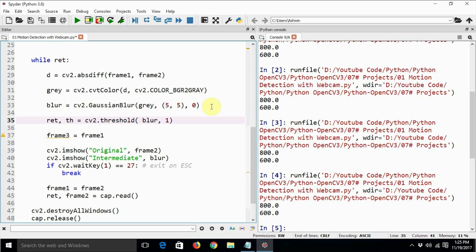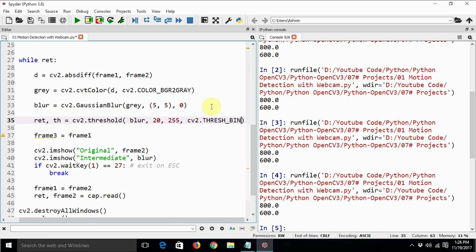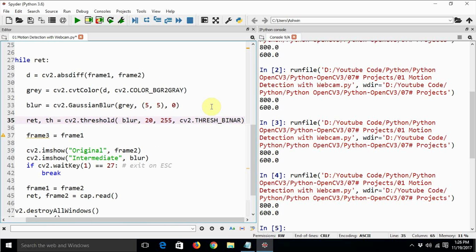Parameters for the threshold should be, say, 20, 255, and it should be a binary threshold, so the algorithm is cv2.THRESH_BINARY. Yes, this is binary threshold.